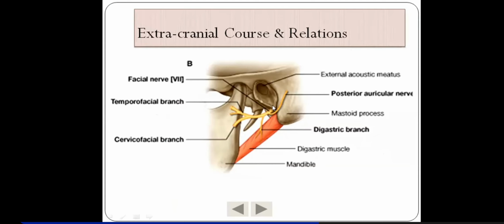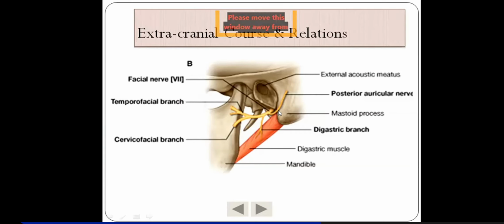Now you can see here this stylomastoid foramen. As I told you, this styloid process is derived from the second branchial arch. You know that bony component of the second, and which other thing? Stapes. Okay, stapes is also from the second branchial arch. And the ligament attached to this, the stylohyoid ligament, is also from the second branchial arch.